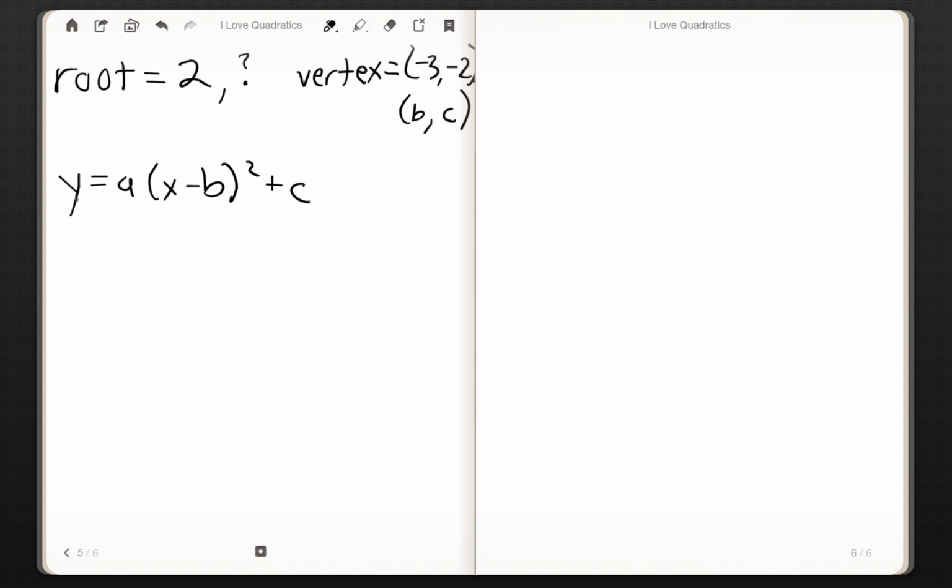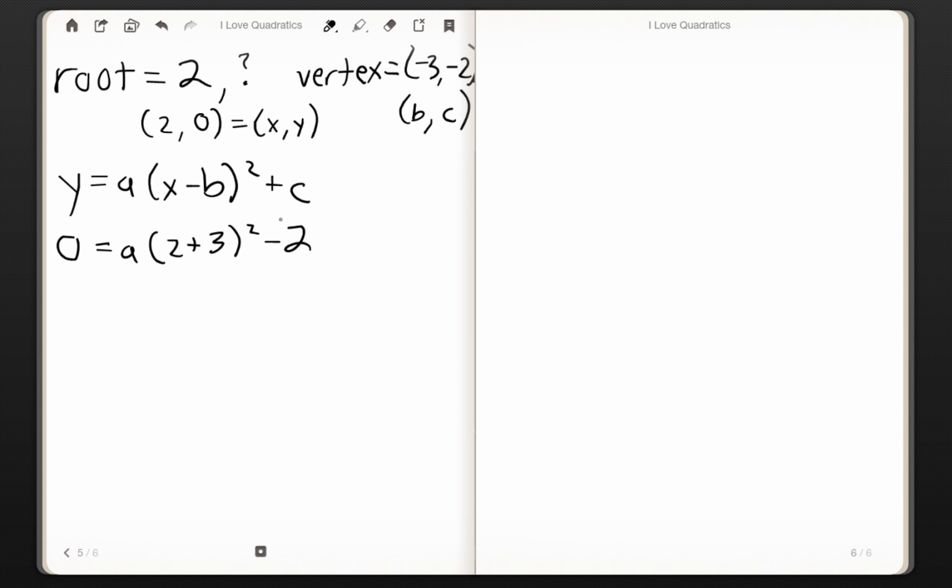And for the x and y coordinates, we're going to use this root. Remember, what is the y value for a root on the x-axis? It's 0. So the root of 2 is the point 2, 0. So now this is going to become our x and y. So now we have y of 0 equals a times x of 2 minus b of -3, so plus 3,